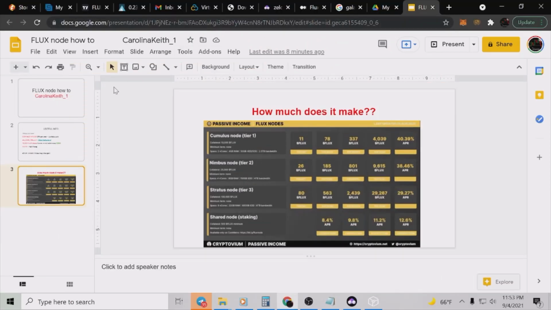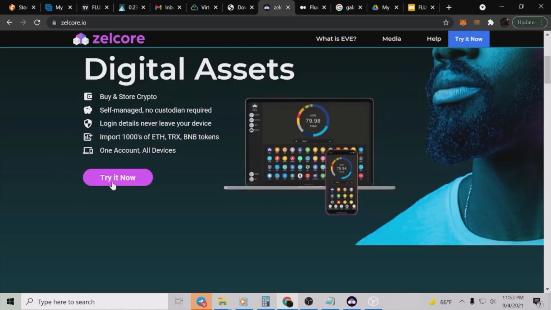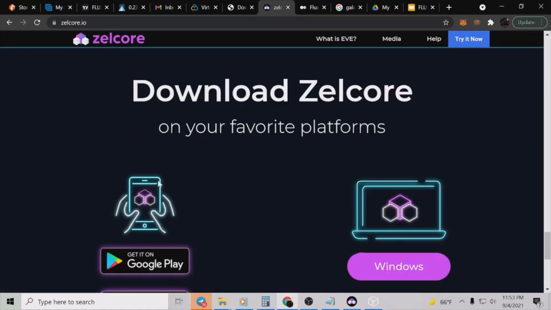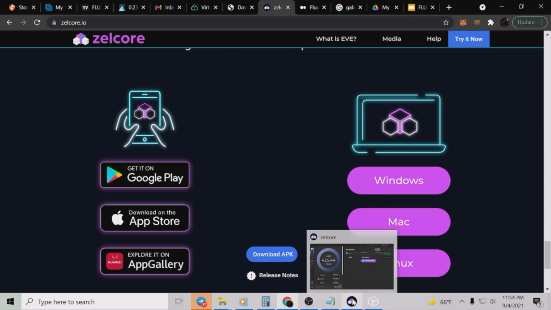All right, so let's get on into what we need to download and what we need to find. If we go to zelcore.io, which is what I told you right here on the presentation page, this is where we're going to download our wallet. You click try it now. Obviously, it takes you and lets you pick where you want to do it. Okay. I'm using Windows, so I've already downloaded this from Windows right here for you, and we'll pull up my